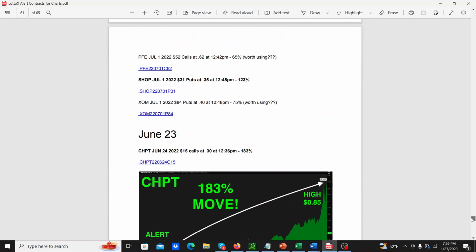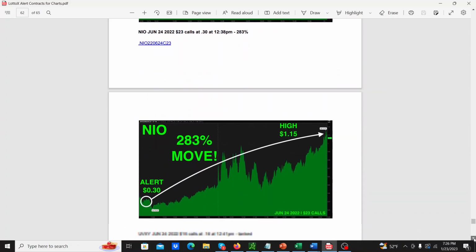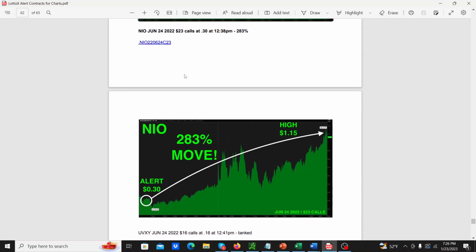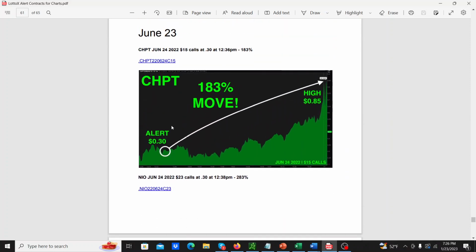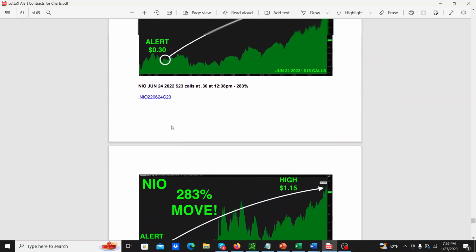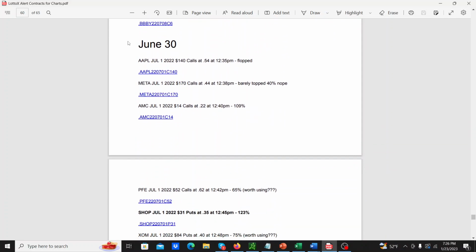Looking through here, let's see if we can find an example day. Why don't we just take the one we're on right now? So June 23rd. These ones went up 183%. This is just one week that we're picking out randomly. This one went up 283%. These all went to zero, so you can get an idea of what the percentage is. Half of them went up 283% and 183%, and the other one tanked. So it's up to you when to put your stop loss. Hopefully you don't lose 100% of the money, maybe you only lose 80. That was June 23rd last year, and you can see it's continued on